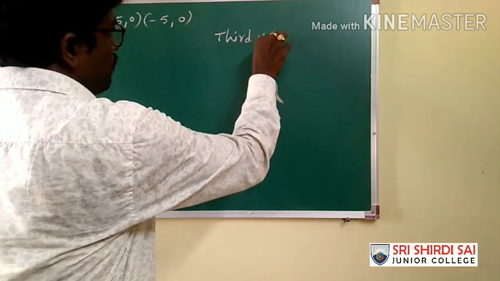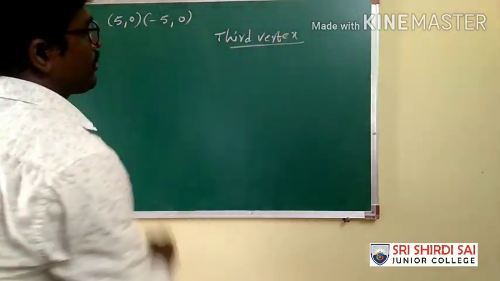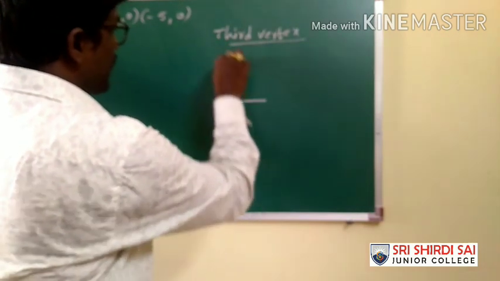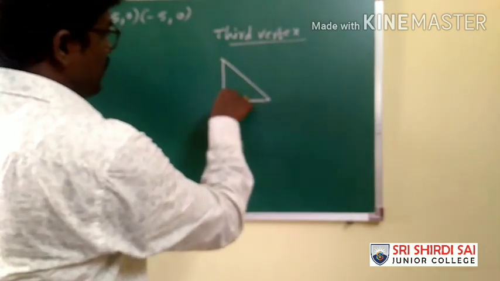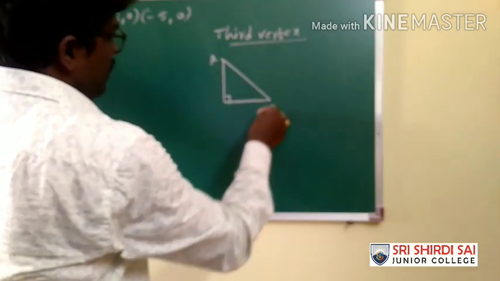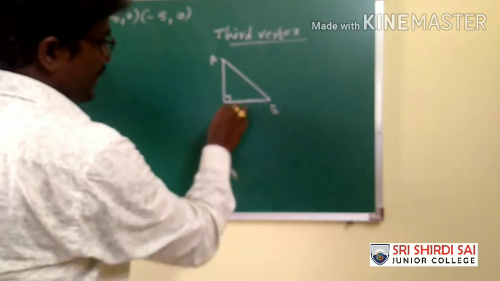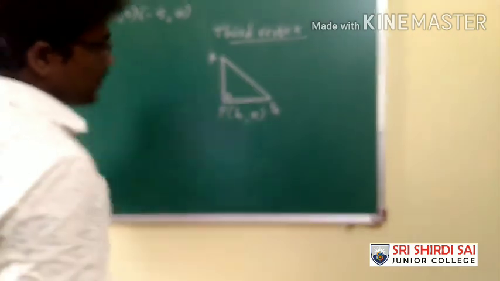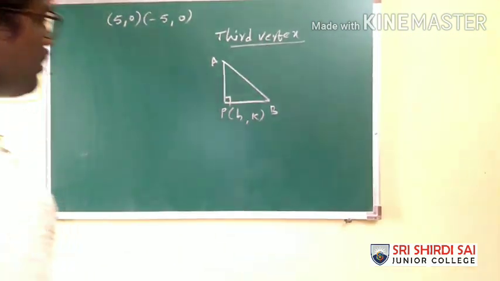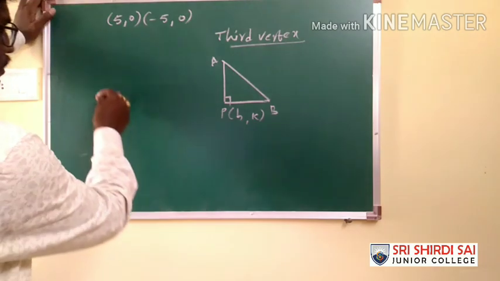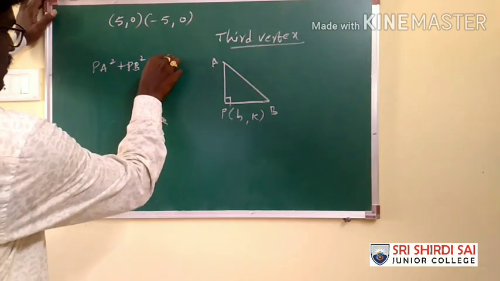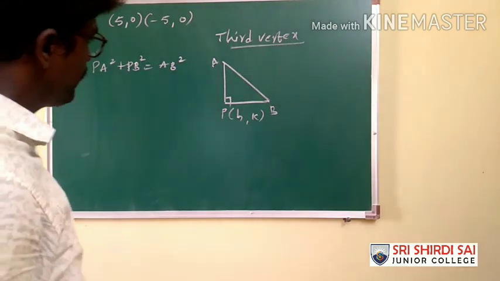Yeah, this point we are supposed to take. You are given the endpoints of the hypotenuse of a right angle triangle. Let's say this is the right angle triangle whose endpoints are A, B, and this is some point P. Its locus we are going to calculate. P is h comma k. What point do we consider here? Some h comma k. So definitely when you are talking about a right angle triangle, what condition do we take? PA square plus PB square is equal to AB square.